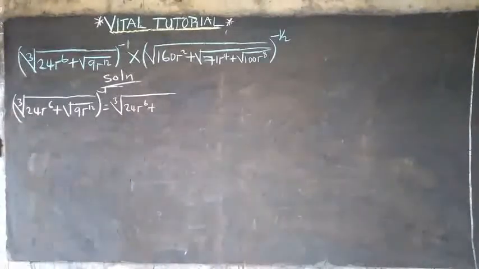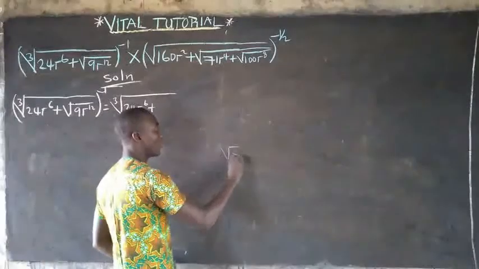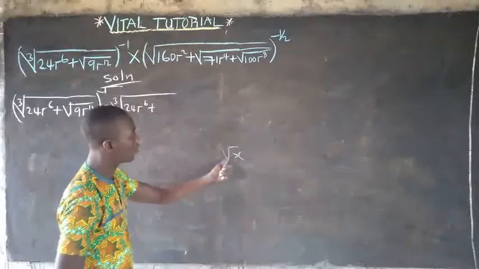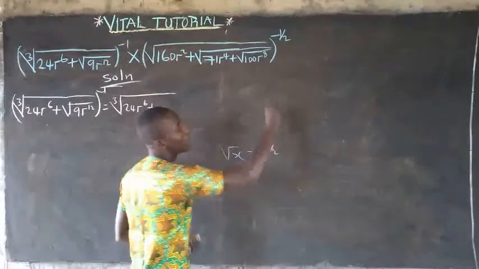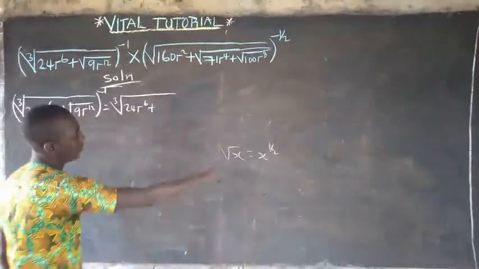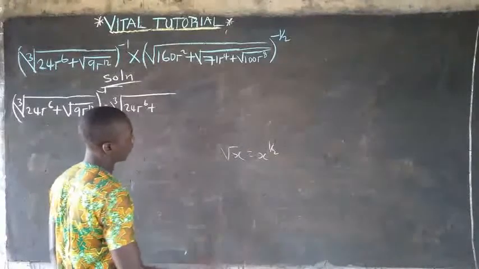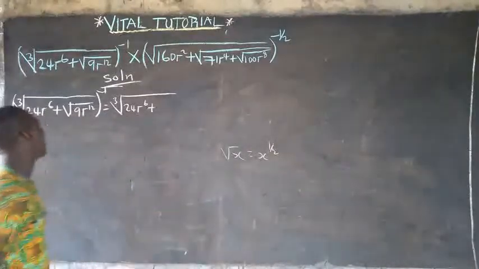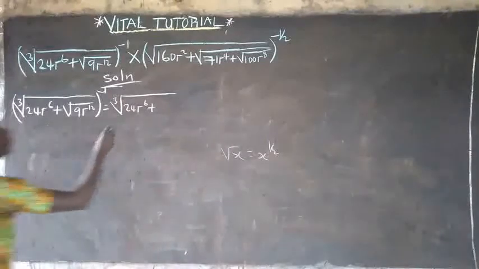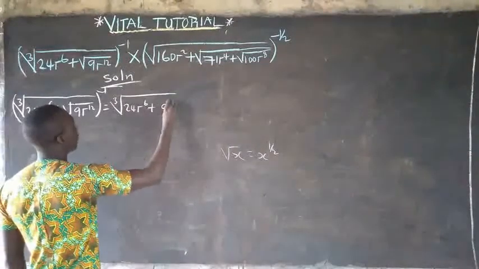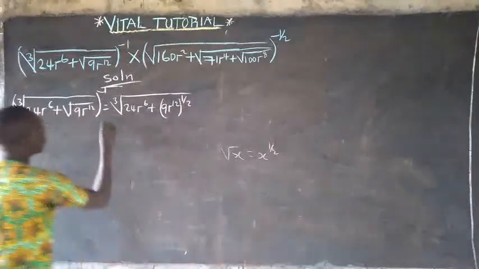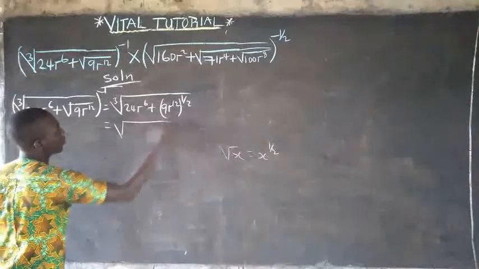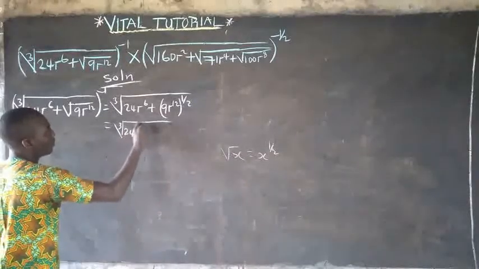But if you look at the square root here, the square root of s is the same thing as s raised to the power of 1 all over 2. I explained this in my previous video on indices, so you can check that. So here it will be 9r raised to the power of 12, everything raised to the power of 1 all over 2. So here it will be the cube root of 24r raised to the power of 6